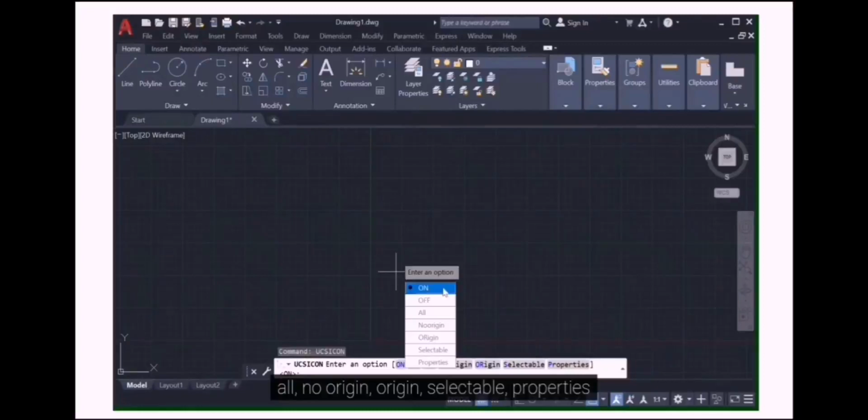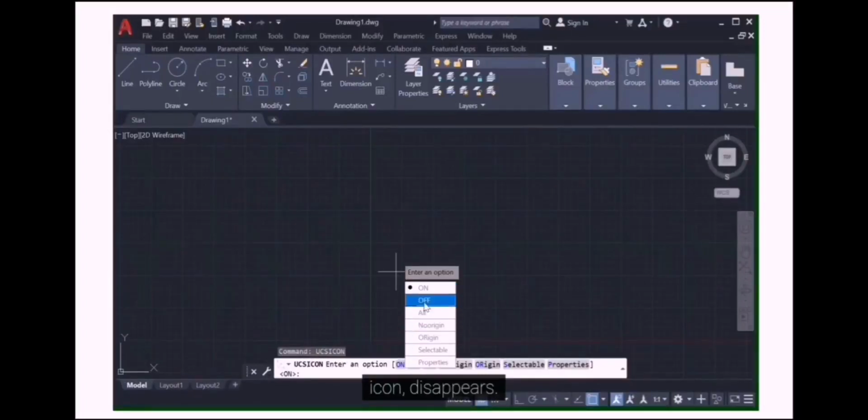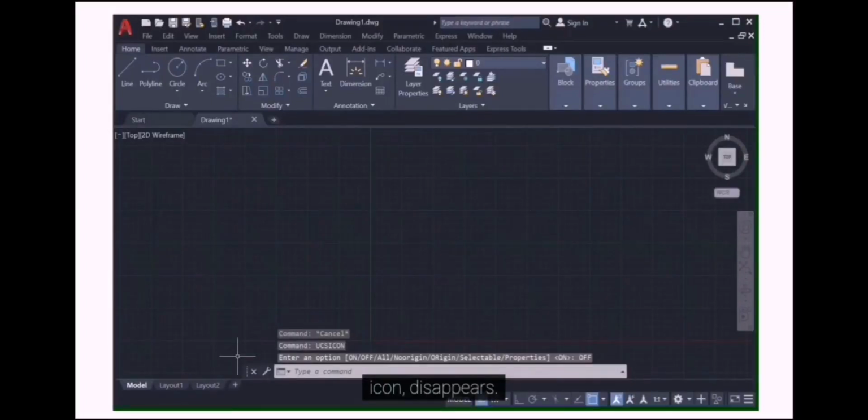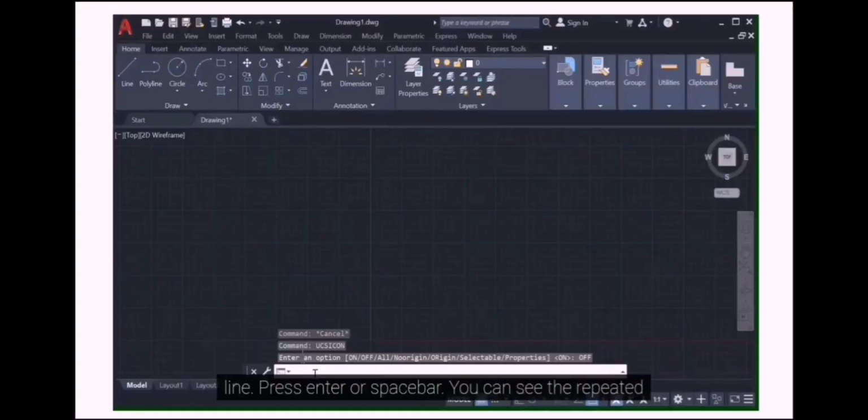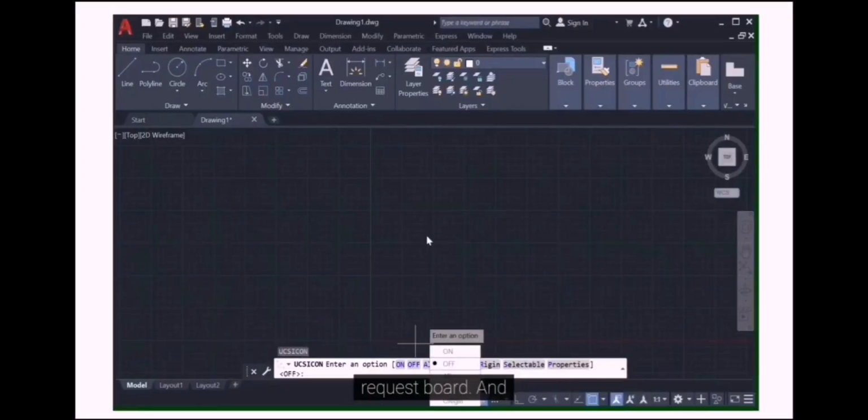On means display the UCS icon. Off, when you press off, the UCS icon disappears. And when you want to repeat the same order in the command line, press enter or spacebar. You can see the repeated requested order. And